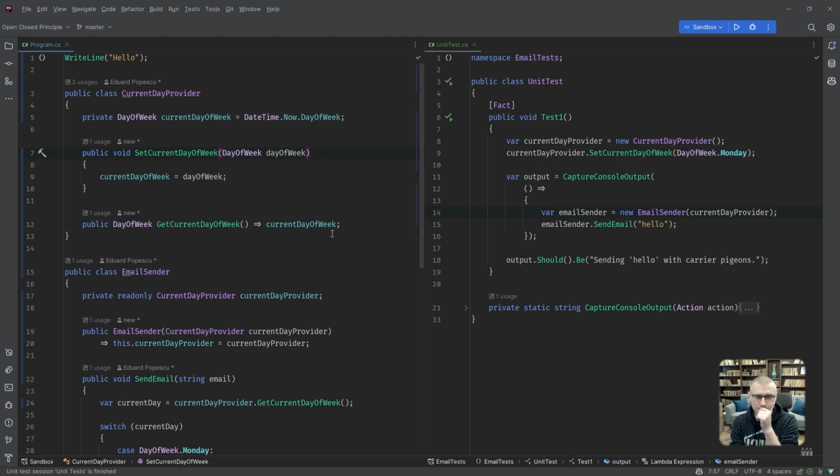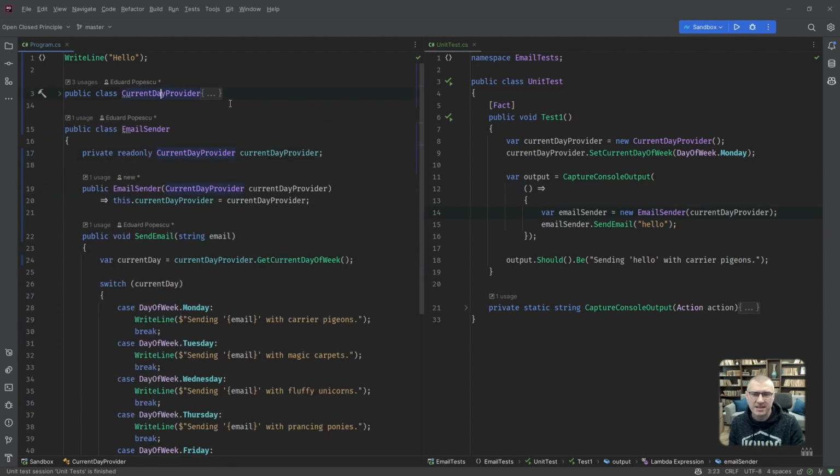Nice. Ooh, another thing I want to highlight. So, see, this class doesn't have an interface. This email sender thing is just depending directly on this class. Ooh, spooky. Well, not so spooky because the whole point of this class is to be a utility class that gives us the current day of the week, and sometimes it allows us to inject it. So yeah, not that big of a deal. I mean, I wouldn't put an interface just yet on this dependency just for this reason.